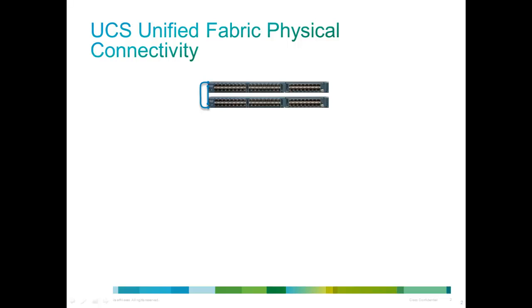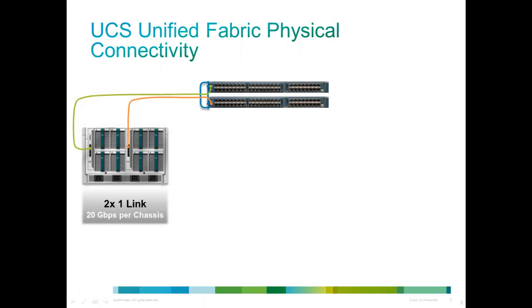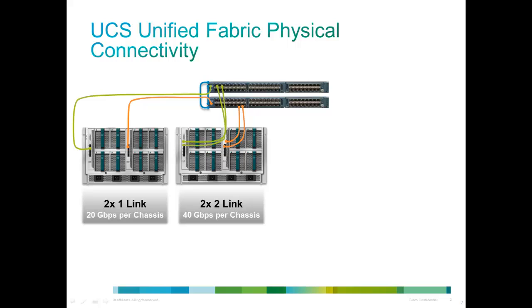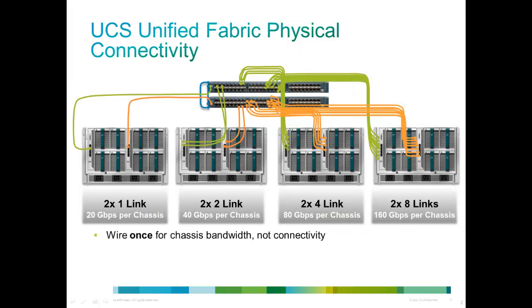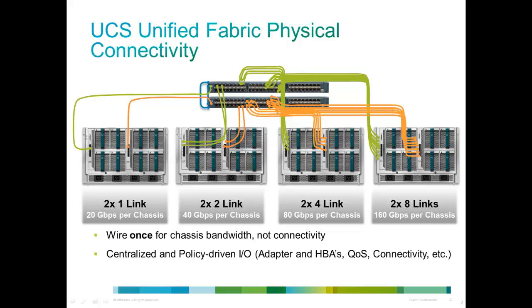We'll start off with a brief drawing here just showing the Fabric Interconnect pair, which is foundational to the UCS infrastructure, where the brains of the system reside. We're showing some options here for connectivity of chassis to the Fabric Interconnects, and we wire it just up front for only bandwidth needs, not necessarily connectivity needs, as those are centrally driven out of the data model, which is the UCS service profile. This all integrates as a single system into the customer data center, and it gets away from having to make definitions on a bay by bay or mez by mez